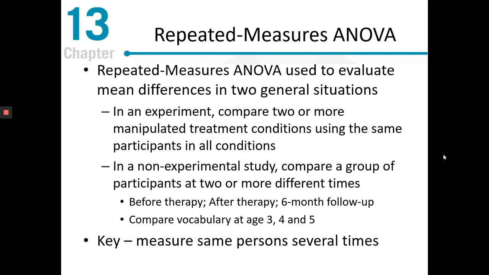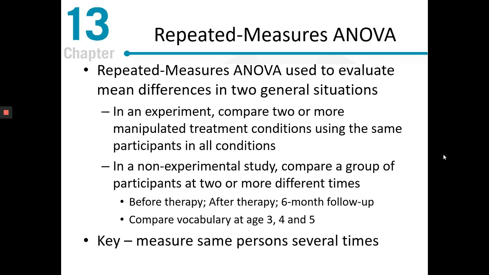So we measure people's depression before they start the therapy. Then we might measure their depression immediately after they finish the therapy. And then we measure their depression 6 months later. And so we're measuring the same person's level of depression over those 3 periods of time